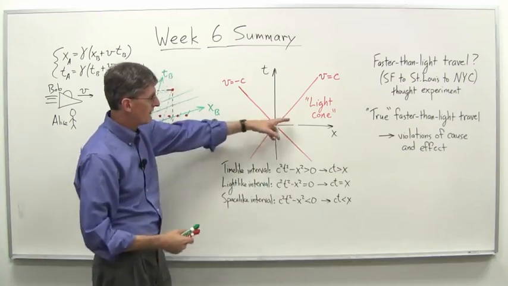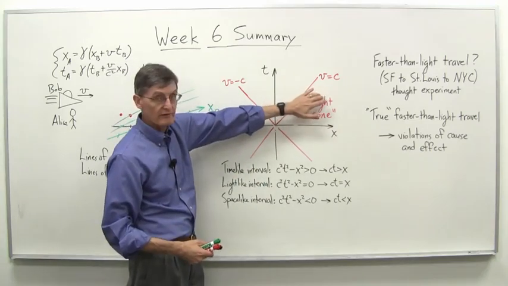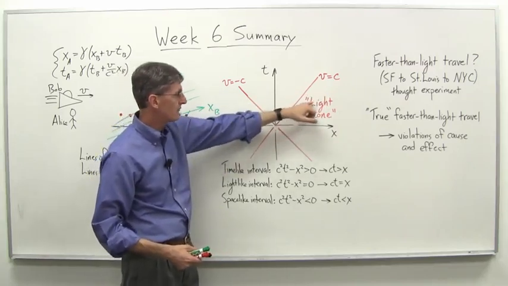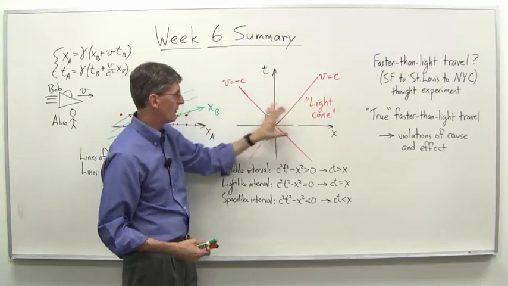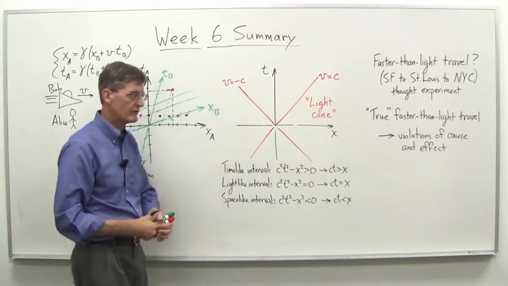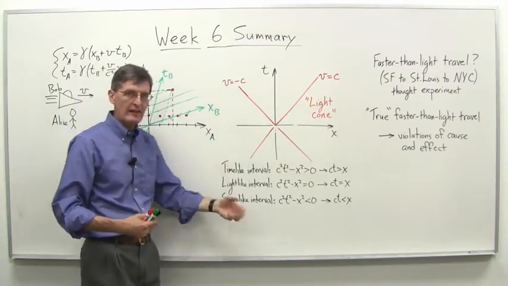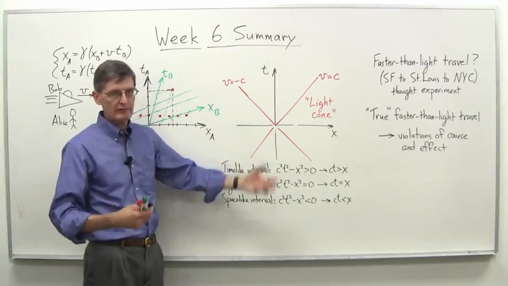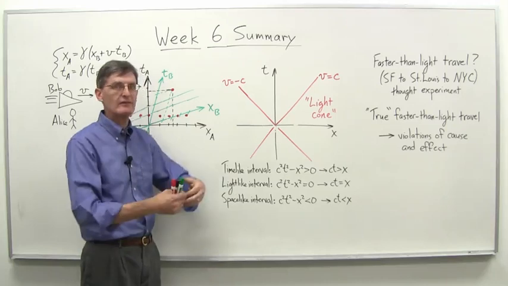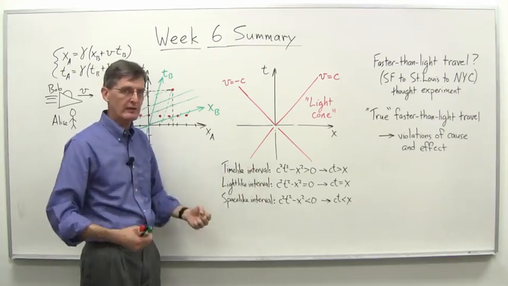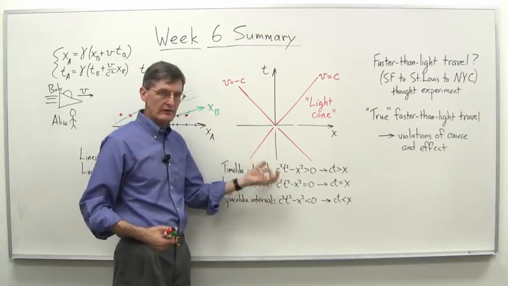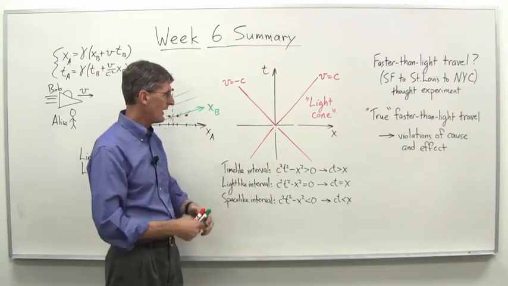But if we're outside the light cone, say we're over here in this section, what that means is I'd have to travel faster than the speed of light to get there in the amount of time I have. The question we asked was, given the time I have, can I make that distance? Just like we often ask in real life if we're taking a trip. How long is it going to take? Do I have enough time to get there given the speed I can go? So here, the ultimate speed is the speed of light,